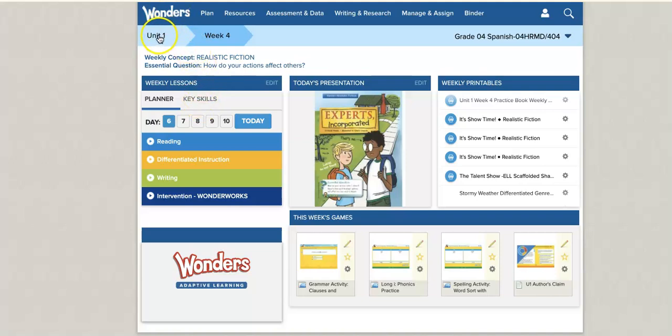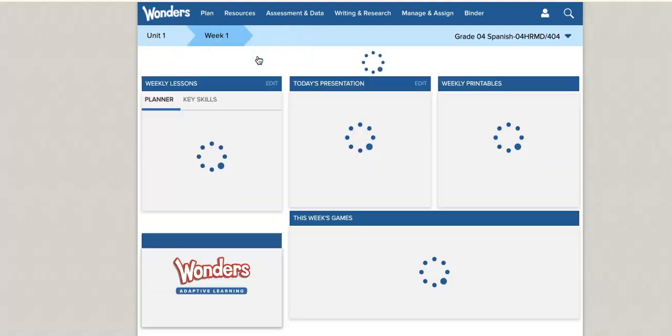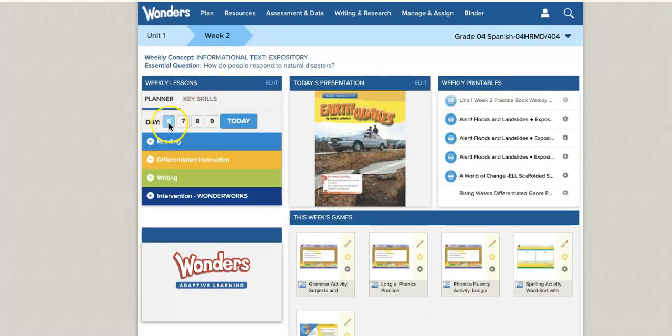To begin, we're going to just start with our basic Unit 1 through Unit 6, and we're just going to go to Week 1. And as I go there, I can see what day I'm on. I can go to Week 2 and notice that the days are going to switch from 6, 7, 8. There should also be a 10 here, but I had to get rid of it because of a conflict of our schedule. What's great about that is depending what day you're on, it is going to have this presentation that